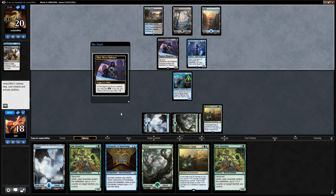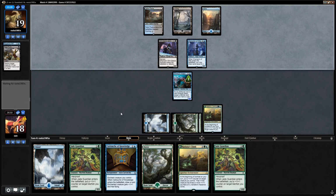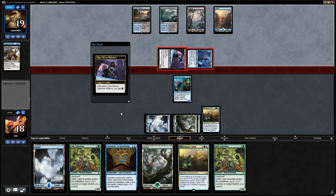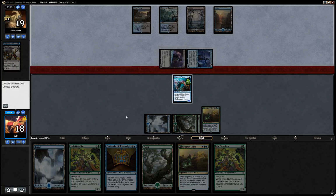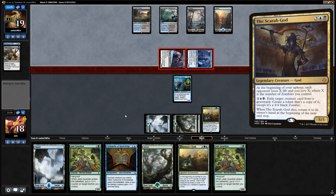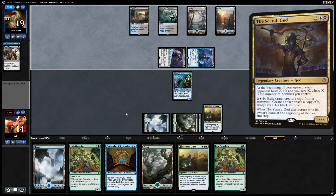And then next turn we get to play Jade Guardian, and we kind of get to decide where to put the +1/+1 counter. Probably just on itself, since that's a lot safer. Opponent does get in there, so we could actually trade with the Champion of Wits, just to keep it off our back and make it so we don't take too much damage early on. But we also don't want to put any creatures in the graveyard, since the Scarab God is an issue. So I think we'll take it for now, since next turn we'll have a Jade Guardian that can block the